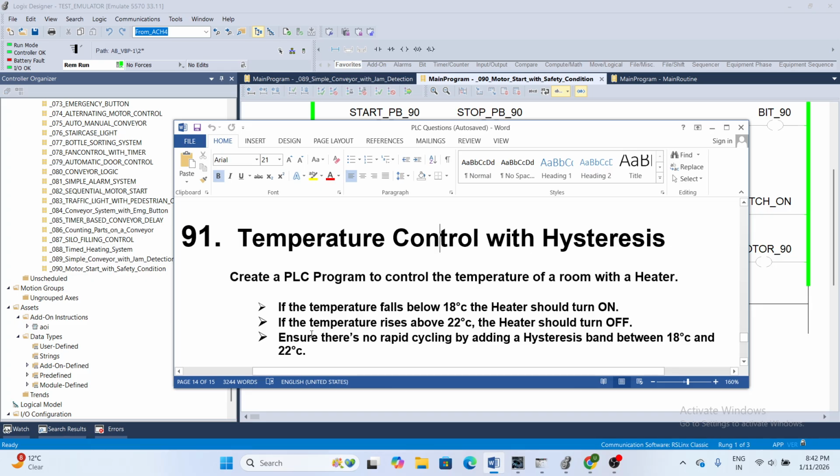And the third point is to ensure there are no rapid cycles by adding a hysteresis band between 18 Celsius and 22 Celsius.